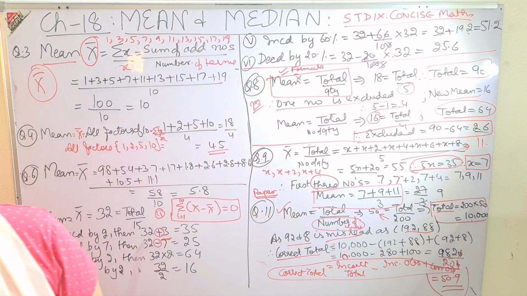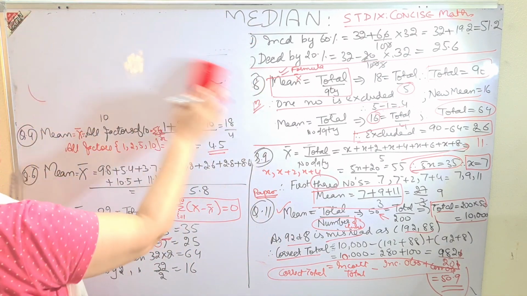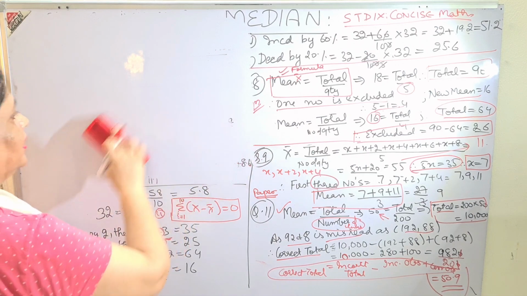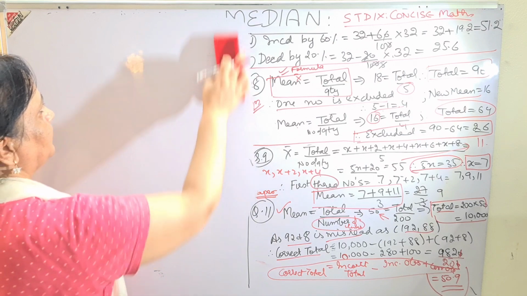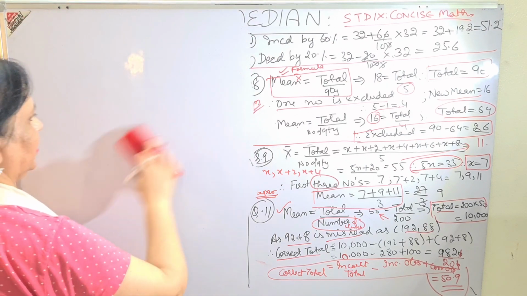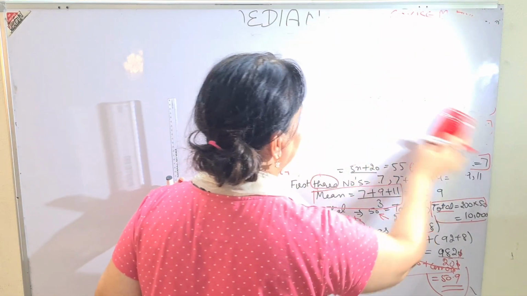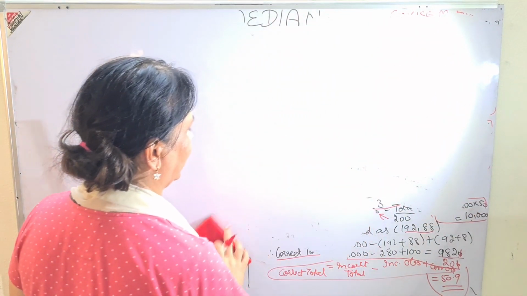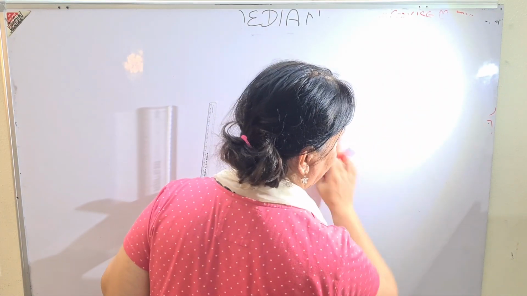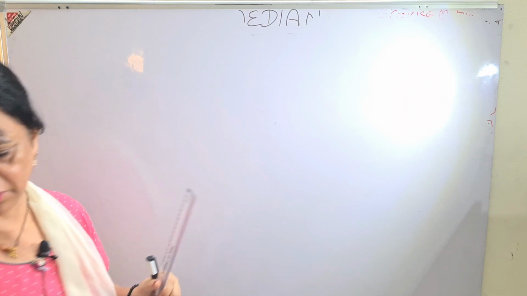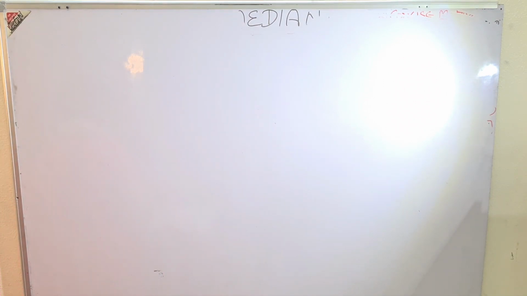So children, please be careful about this question. This is important. This will come in the paper because this is coming since last 3-4 years. The question has been repeated. So please be careful about it. Write it nicely. Just remember the formula that correct total will be equal to incorrect total minus incorrect observations plus correct observations. If you remember this formula, nothing will be difficult for you.